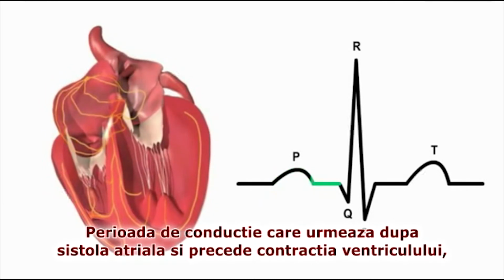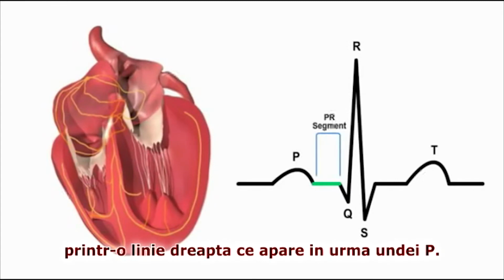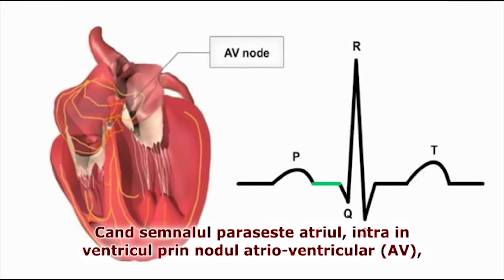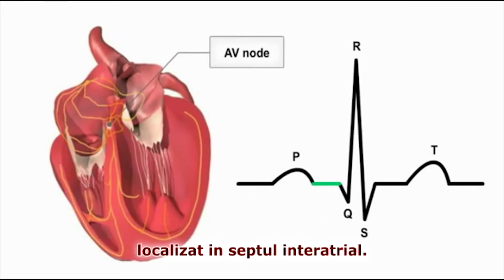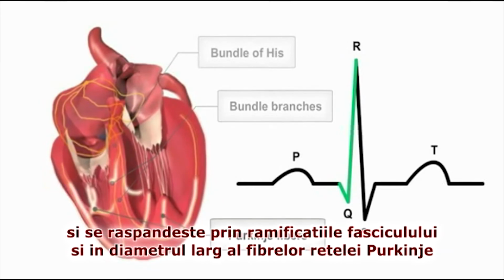The period of conduction that follows atrial systole and precedes the contraction of the ventricles is depicted on the ECG by the PR segment, a flat line following the P wave. When the signal leaves the atria, it enters the ventricles via the atrio-ventricular, or AV node, located in the interatrial septum. It enters the bundle of His and spreads through the bundle branches and the large diameter Purkinje fibers along